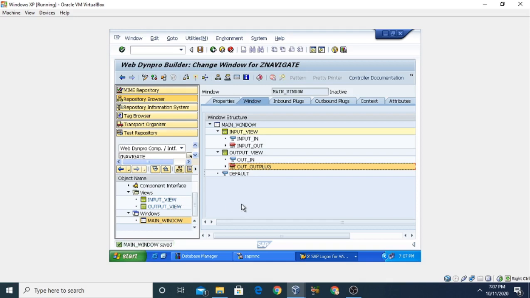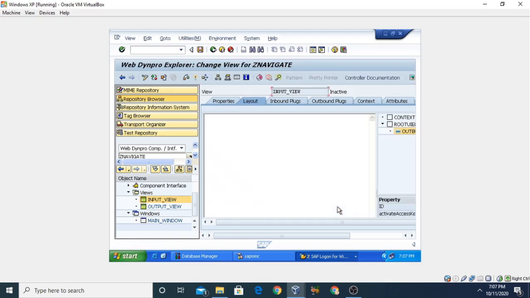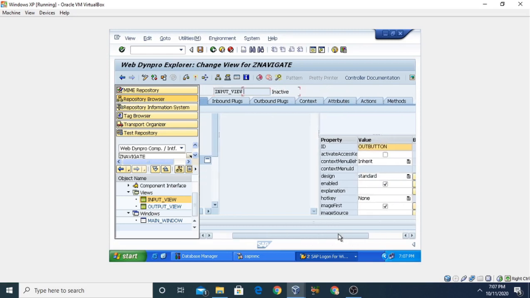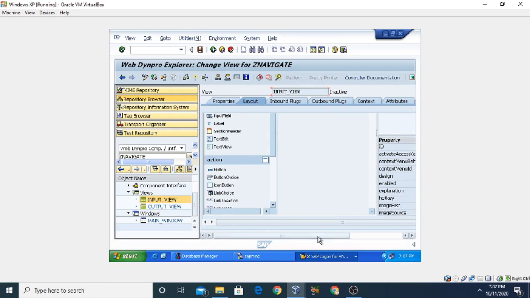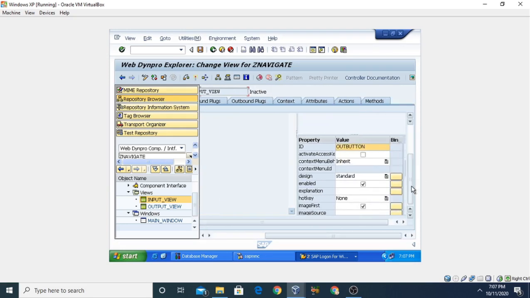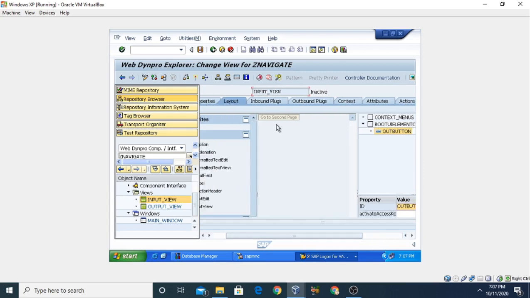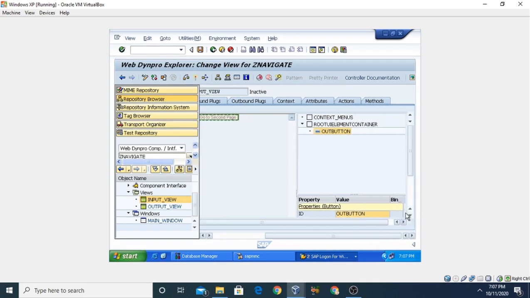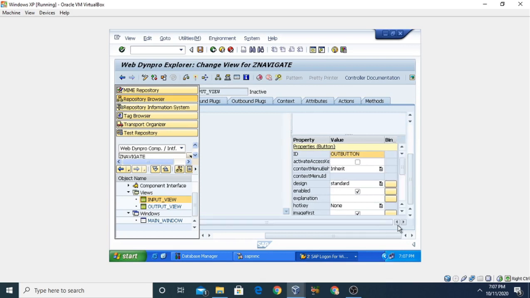So navigation has been set, but we have not defined on what action it should move to the second page and from second to first page. We just want to set this with the help of a button. So first of all we see this button here on this view. This is input underscore view, and you can see this is go to second page. So on pressing the go to second page button, it should move on to the second web page. So we need to set the property again. By some action it will move on to this one.